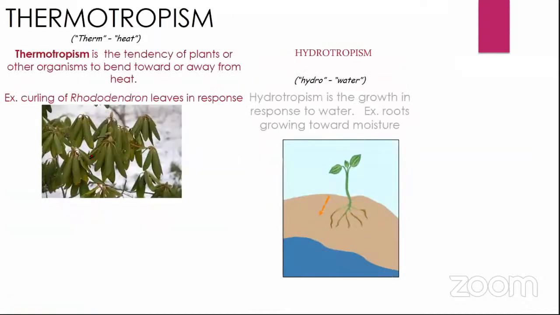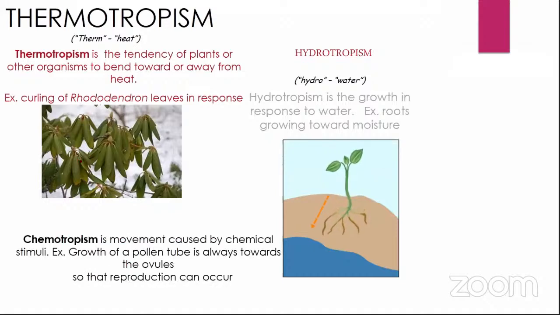Then with thermal, now these plants are not common here in Uganda. I don't know whether I've seen them before. Thermotropism is the tendency of a plant or other organism to bend towards or away from heat. And the most common example is the curling of the rhododendron leaves. These are not common, but there are some areas that have them. Then with the thermotropism, you find that is a move